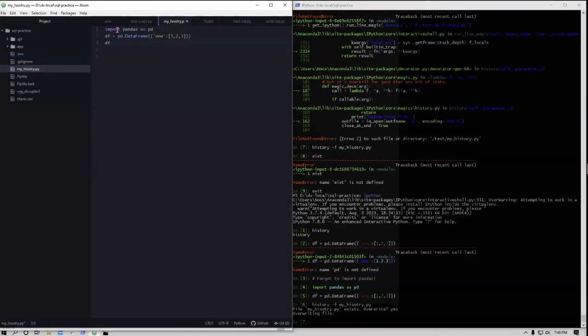Oh, it didn't actually update. It's weird. History should have updated. Didn't. Weird. Let's save. There it is. So you can see I did this one, right? And then df, oops, forgot to import pandas, and then that.